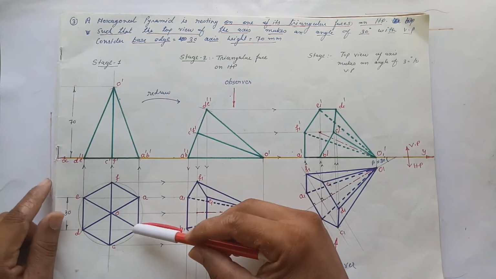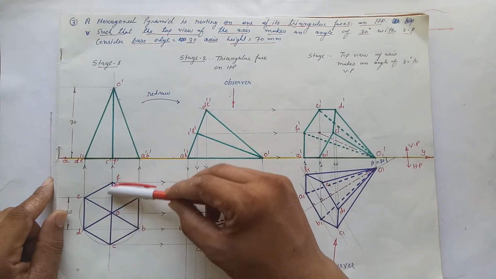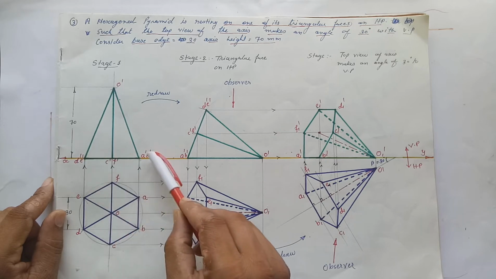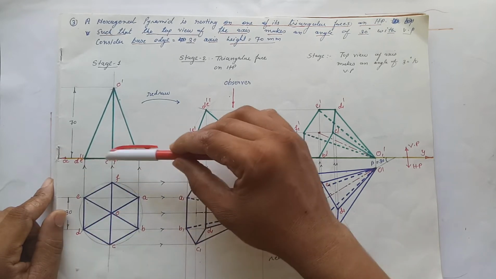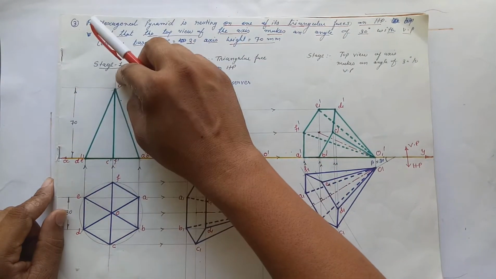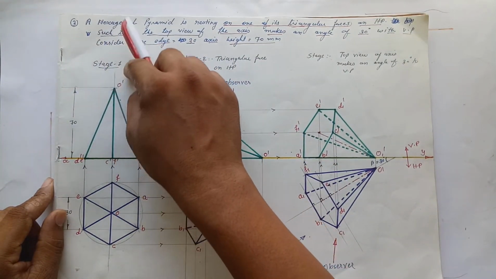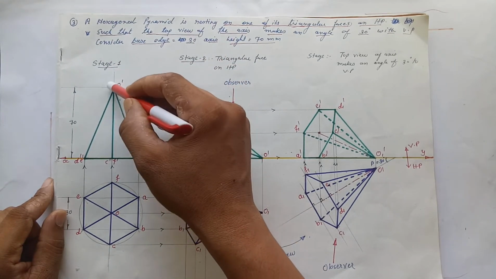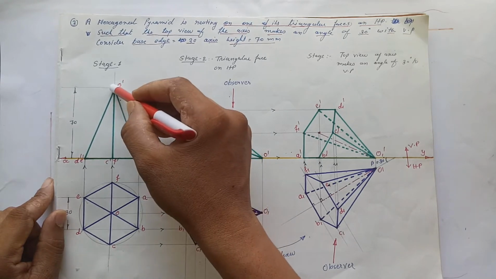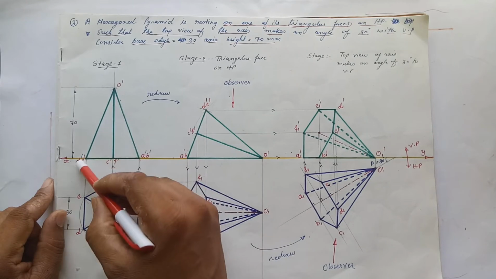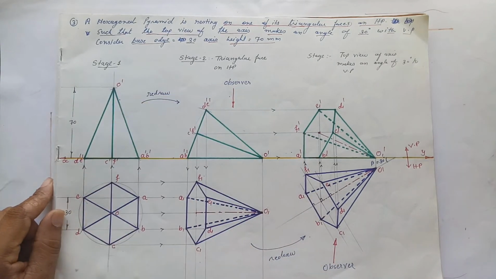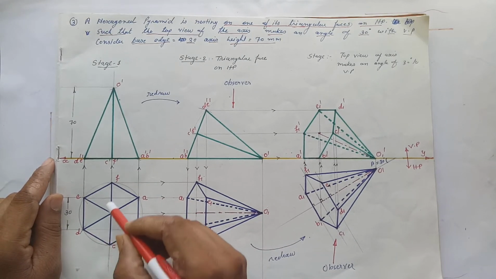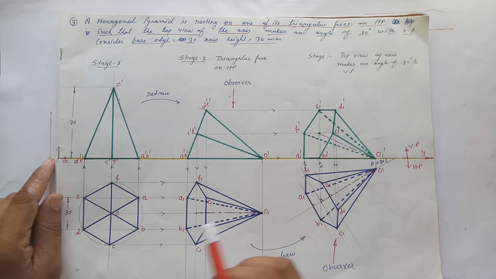Then after we have to draw the elevation, projecting A, B, C F, E D. So here we will get the elevation on the XY line. It will be a line a dash, b dash, c dash f dash, d dash e dash. Now measure the axis height 70 mm. Mark the elevation of the apex point and join the apex point to the base corners, that is o dash a dash, o dash b dash, o dash c dash f dash, o dash d dash e dash. Here we are not going to show the axis because the slant edge OC will hide the axis.